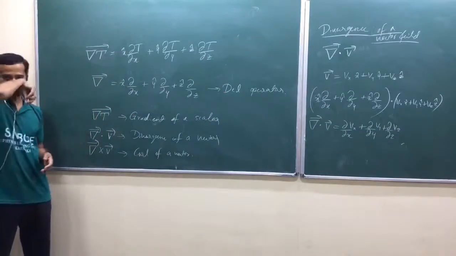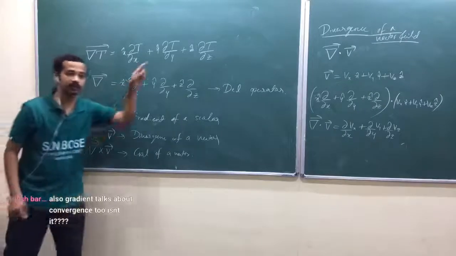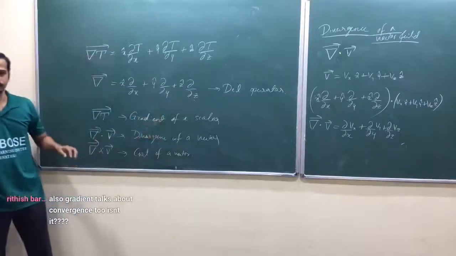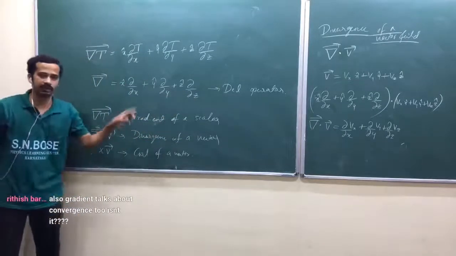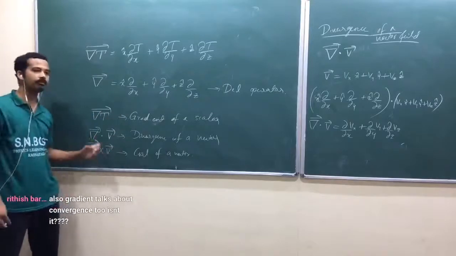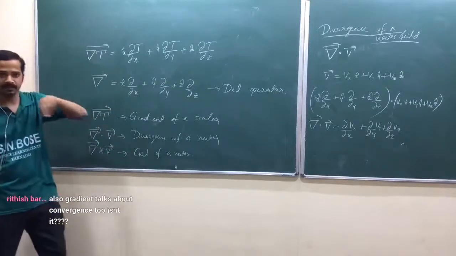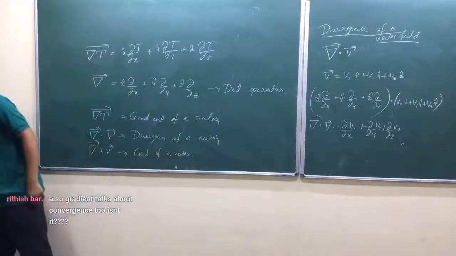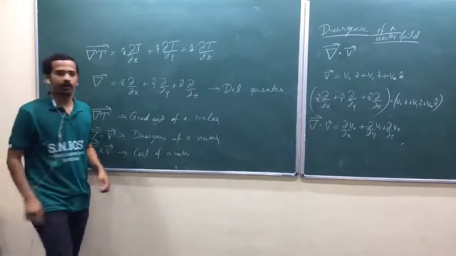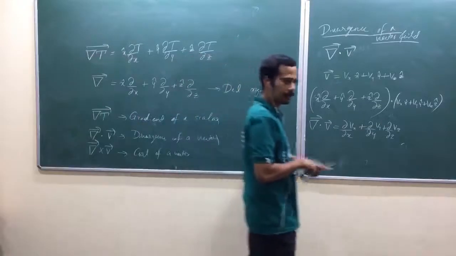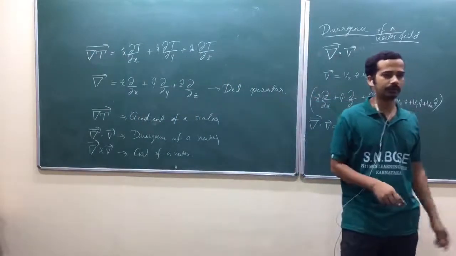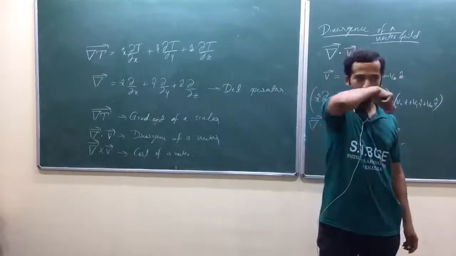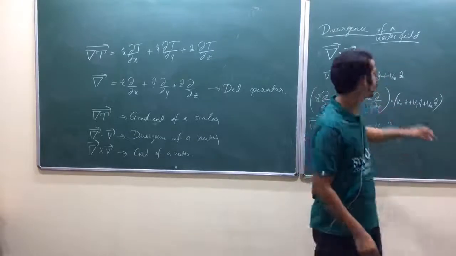Is it okay? You are going to take the gradient of a scalar at some point in space. You are going to take the divergence of a vector at one point in space. You are going to take the curl of a vector at some point in space. Now read the sentence. Del dot v is a measure of how much vector v spreads out from the point of interest, that point at which you are going to take this.